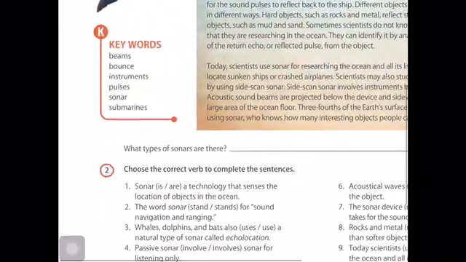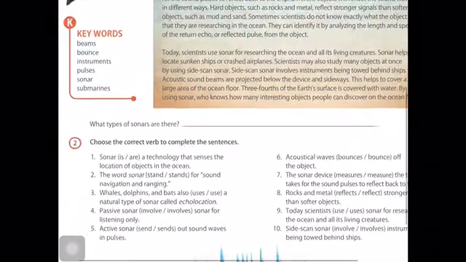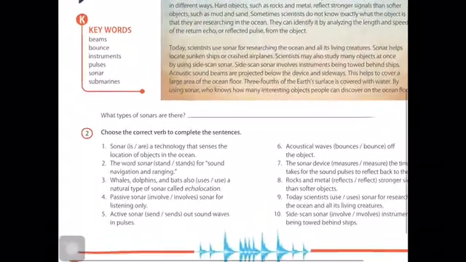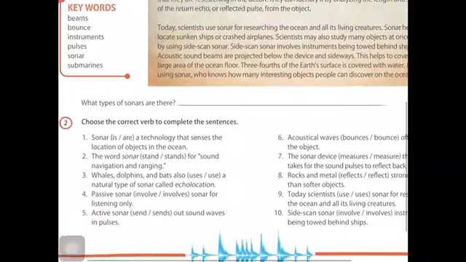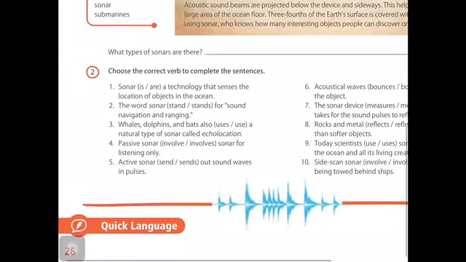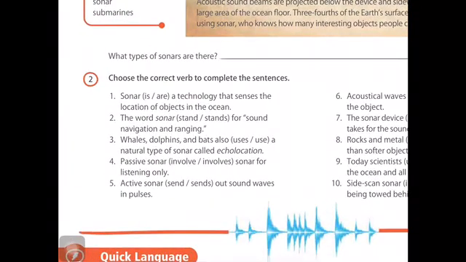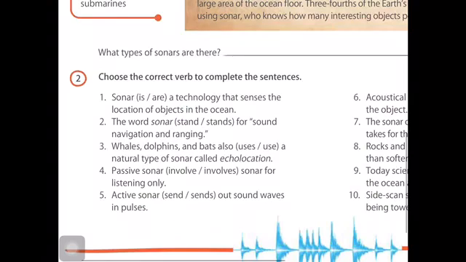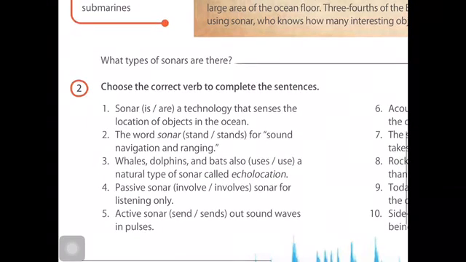Okay, what types of sonars are there? You are going to write the different types of sonars on this line. Now, according to the text, you are going to answer this exercise. Choose the correct verb to complete the sentences. Okay? Sonar is or are a technology that senses the location of objects in the